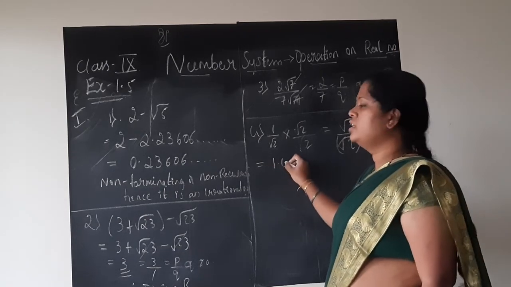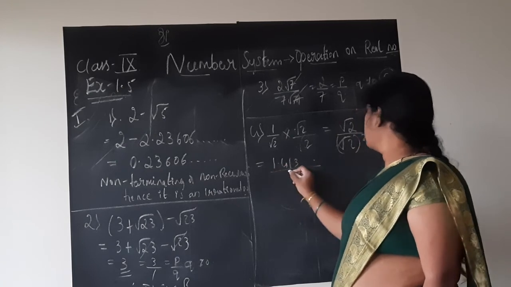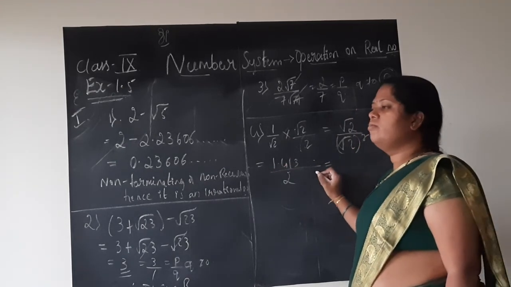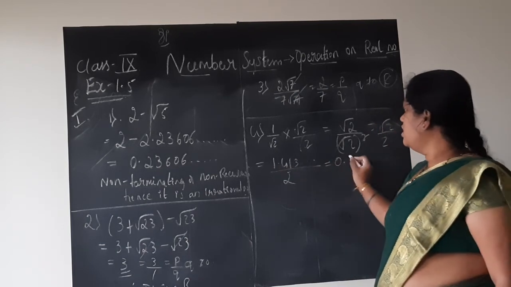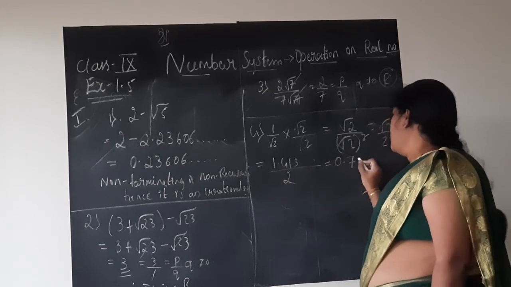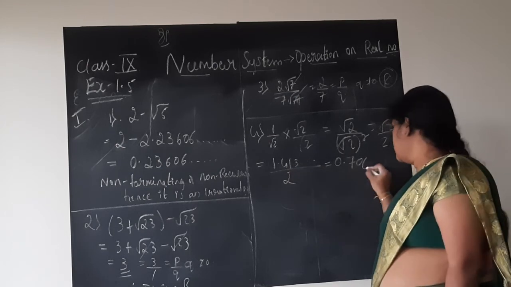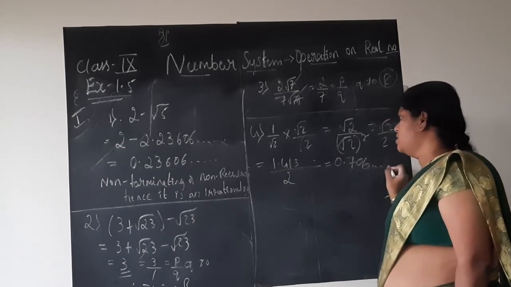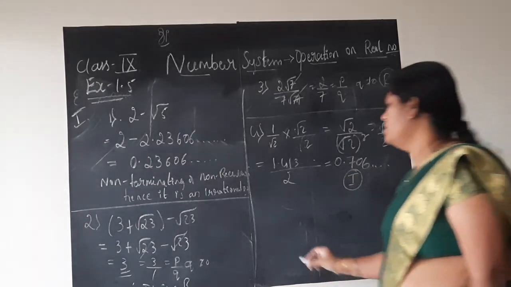Square root 2 is 1.413 and so on, divided by 2. When you divide, you get 0 point. I cannot start with 1, 14 is there, 2 sevens are 14. 1 is there, so 0 I will take. 13 is there, 6 twos are 12, like that. You are getting this decimal which is not terminating. Hence it is irrational. Enough.